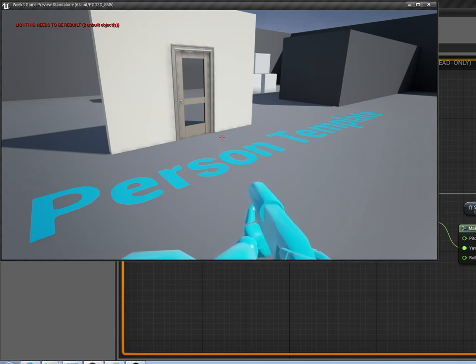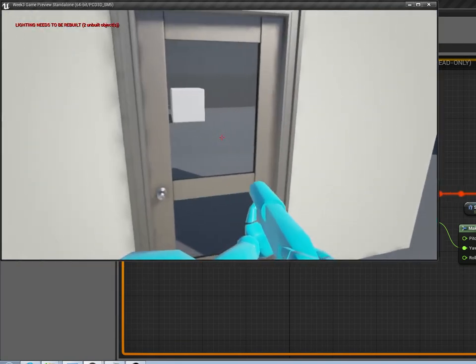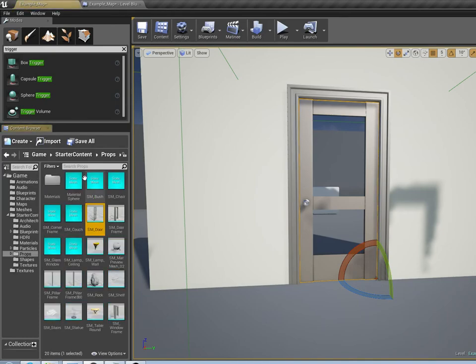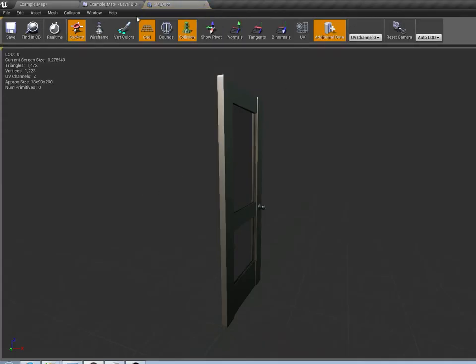I mean, the fact that it doesn't have collision kind of sucks, but. So you just walk right through it. I'm like, I'm not gonna wait for this. I think we can fix that actually. Let me just see here. Let's see if we can fix the door collision. I'm just going to try it here first because I want to say